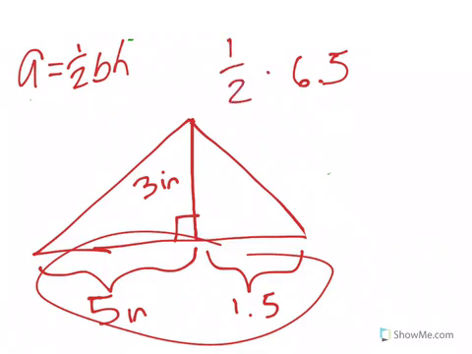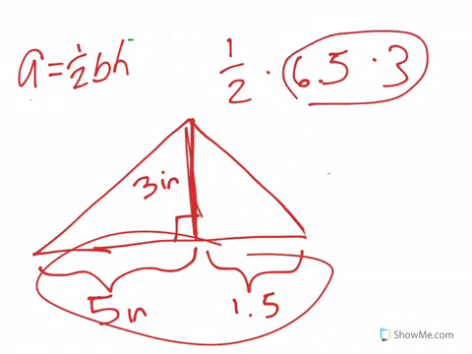So I have 1/2 times 6.5 times my height, which is 3. 3 times 6.5, I know 3 times 6 is 18. 3 times 0.5, which is 1/2, would be 1.5. So we end up with 19.5. 1/2 times 19.5 is going to give us